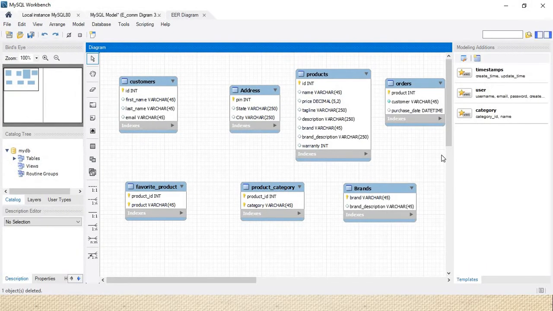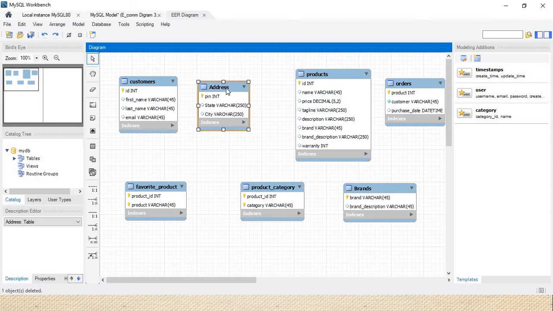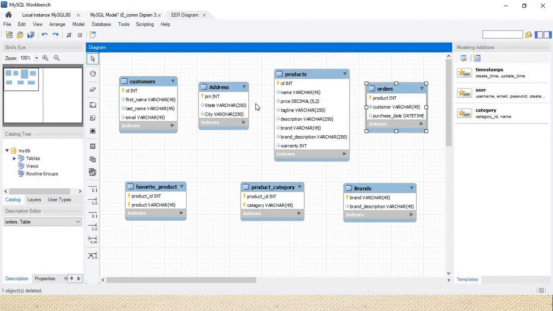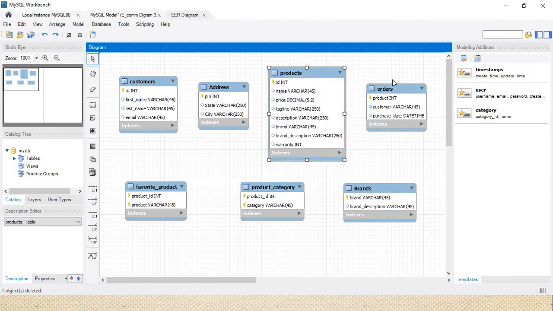In that we need to create the one-to-one relationship of customer and address. These are the major tables we have: customer, product, and order. We need to apply the relationship logic on these tables, and we'll do it one by one.